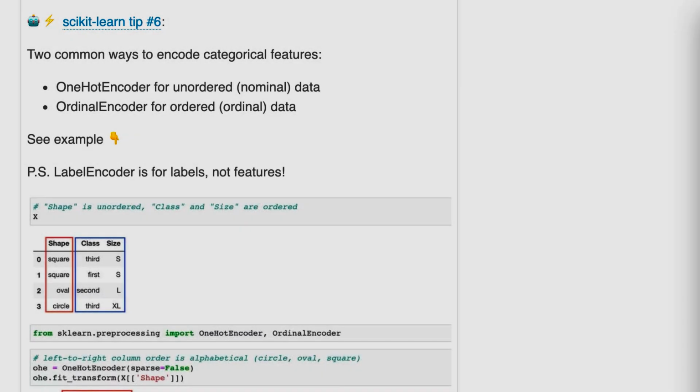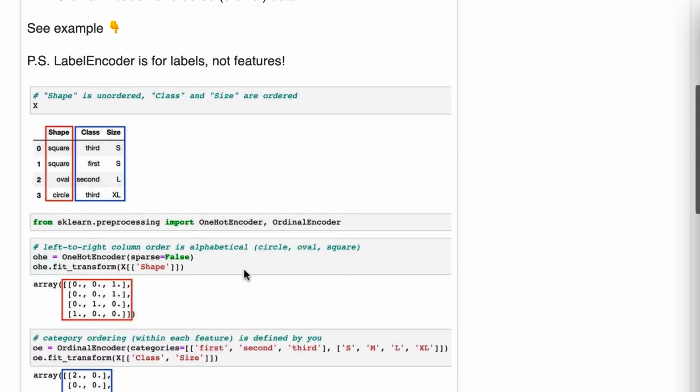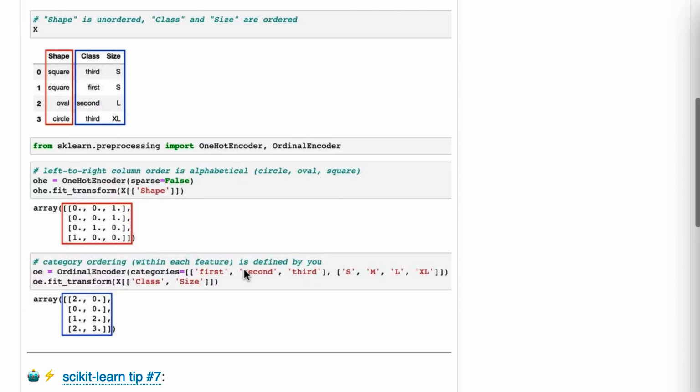2 common ways to encode categorical features: OneHotEncoder for unordered, also known as nominal data, and OrdinalEncoder for ordered or ordinal data. We'll come back to this statement in a bit, but here's our example. We've got this data frame. Shape is an unordered feature, meaning there's no logical ordering to the categories. Because of that, we're going to use OneHotEncoder,